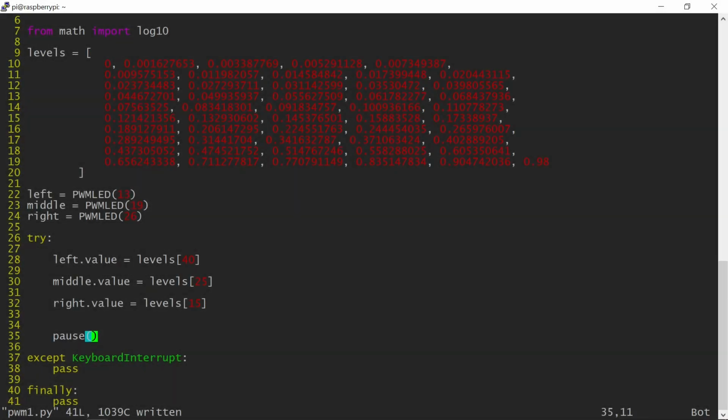Here is the finished product. Notice I got rid of all the calculations and I have instead a large list of 50 pre-calculated entries. Of course, you could have 100 values or any other number of steps you like. Since I have 50 values, numbers 40, 25, and 15, used with the value property referred to 80, 50, and 30% brightness respectively. A lookup table such as this one will work the same as the calculations, but it will be more efficient in terms of program execution speed. Notice that to look up the values now, because it's a list, we use square brackets and not parentheses like before.